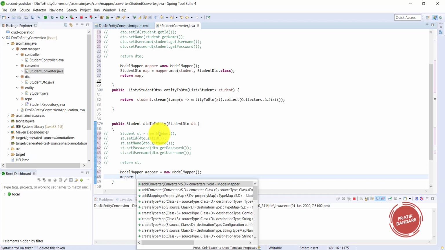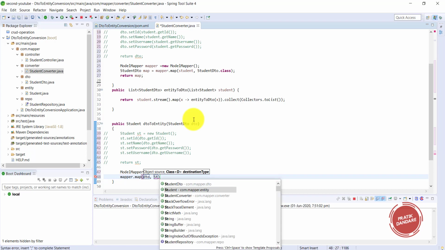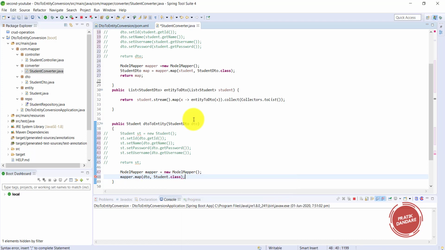The source is the DTO, and what we need to get from that DTO is the student. It's that simple. You don't need to write extra logic for it. This is student and you need to return it. That's how you replace your getters and setters with ModelMapper.